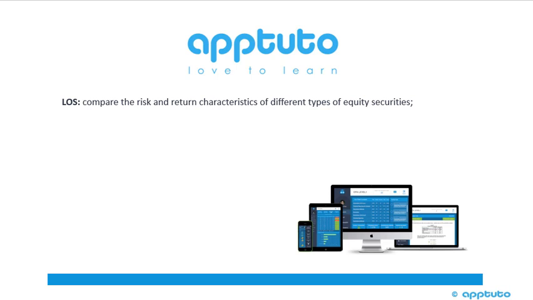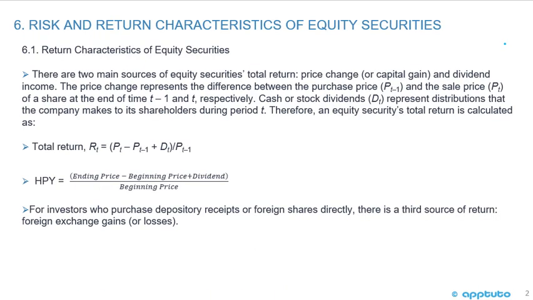This LOS is compare the risk and return characteristics of different types of equity securities. Risk and return characteristics of equity securities. So first we're going to look at the return characteristics of equity securities. And there are two main sources of equity securities total return: price change, or the capital gain, and the dividend